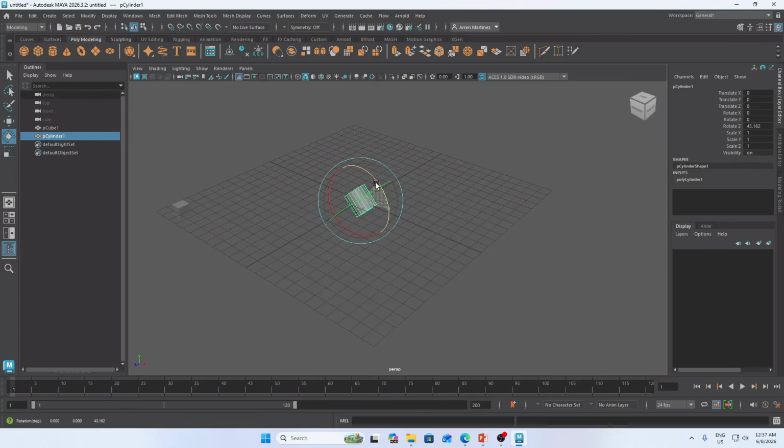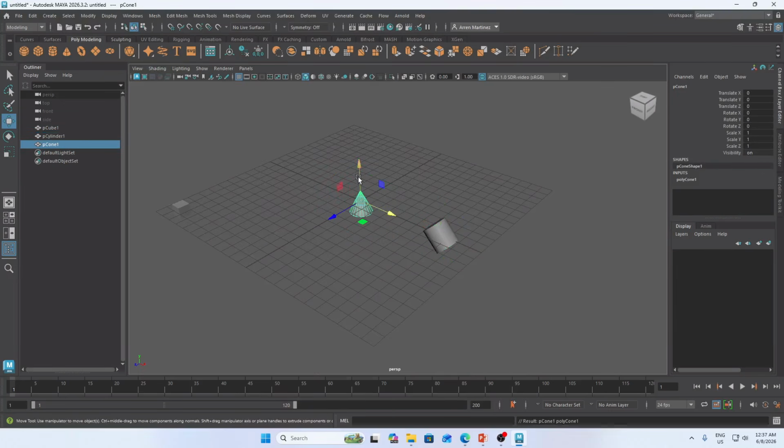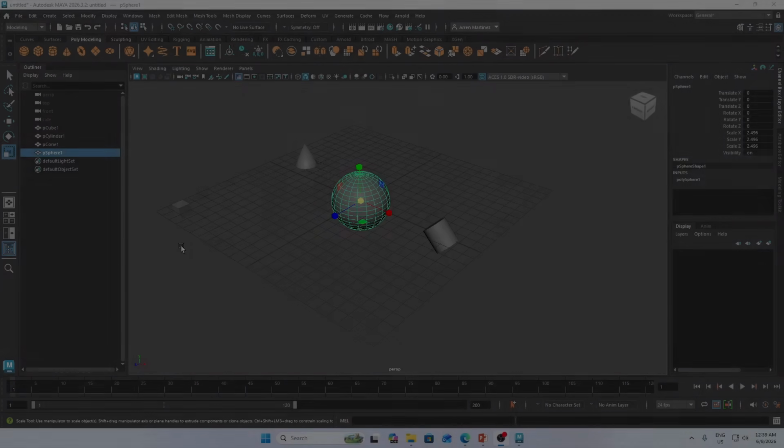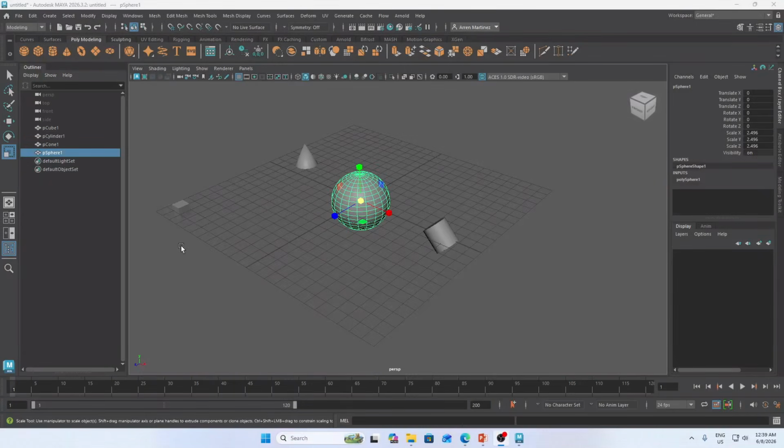I will randomly rotate this. Okay, I will place a cone, a sphere, and I apply the resize or scale tool. If you already performed this, nice job!